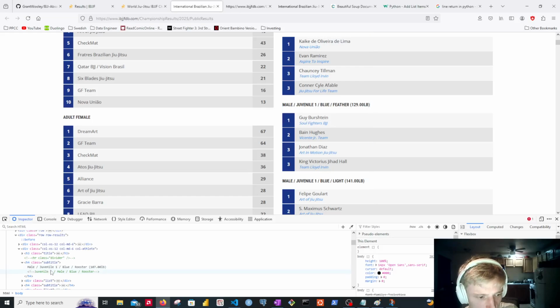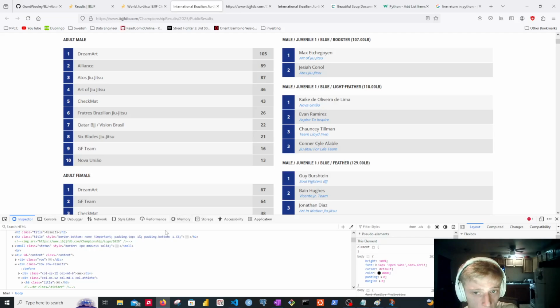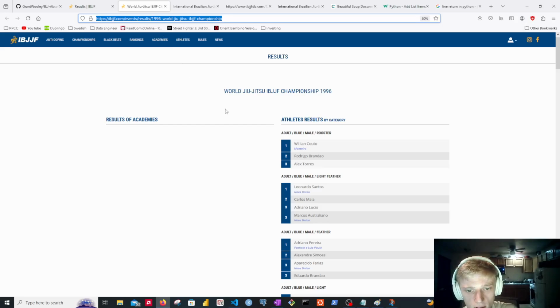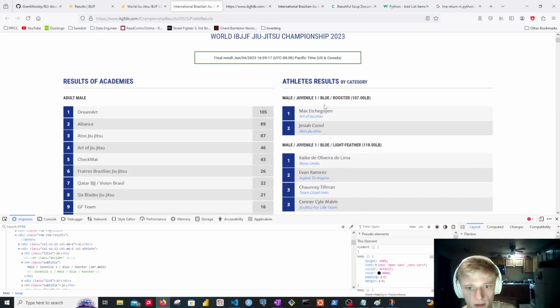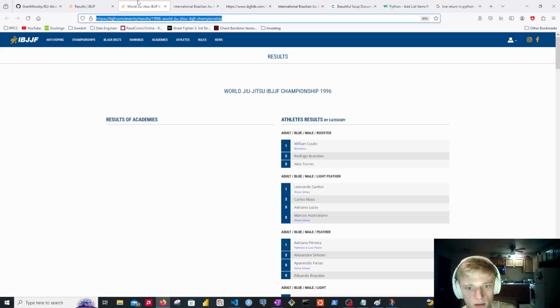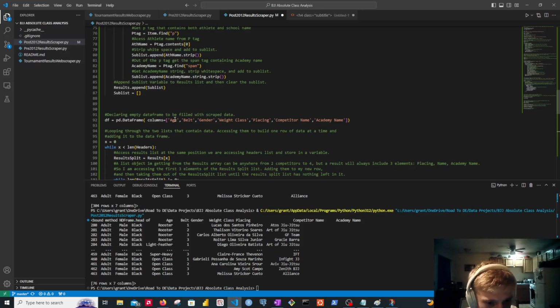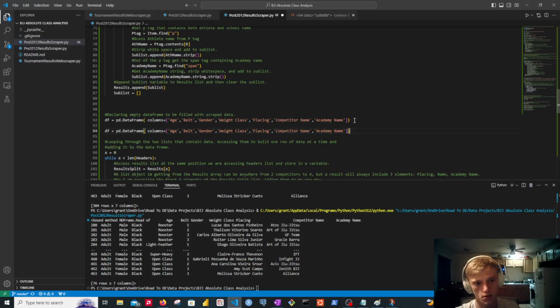Male. Male, juvenile. So gender, age, belt. Age, belt, gender. Oh, no, the page is just literally different. Okay. Sorry, I got confused there. So if I do, let me just take this line and say,